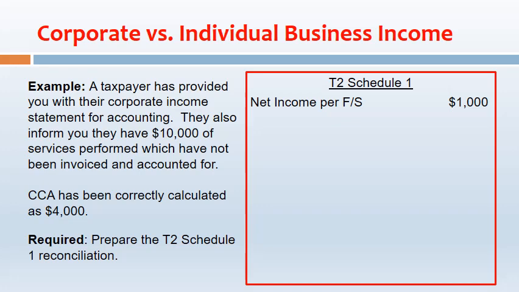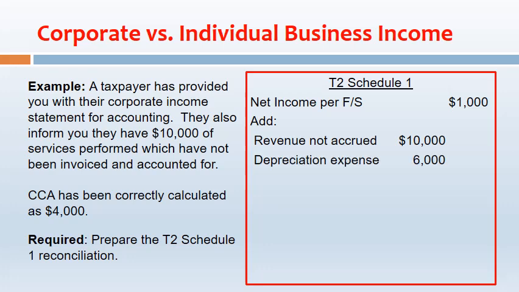The first thing that we'll do is add back items that should be taxed. The first is revenue that wasn't accrued. For tax purposes, you must accrue revenue, so we're going to add in $10,000. The next thing is we're going to add back depreciation expense. Why are we adding this back? Well, depreciation expense is an accounting expense that was deducted in order to arrive at the $1,000. For tax purposes, we have to deduct capital cost allowance. We know this. So we add back depreciation expense, and later on we will deduct capital cost